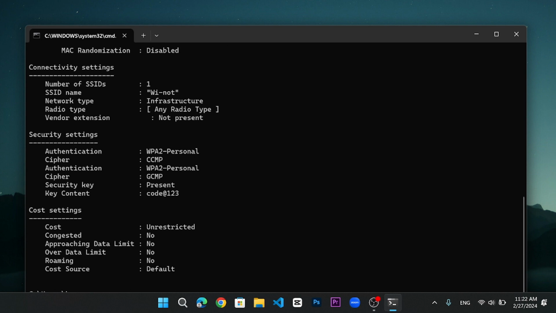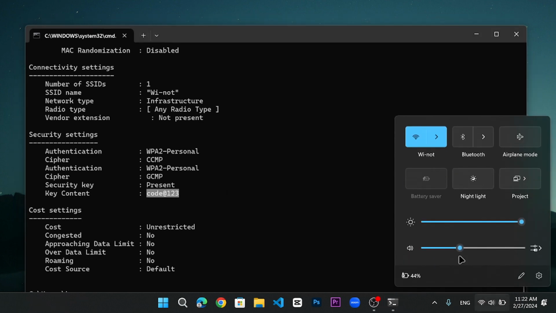This command will show you the details of the network, including the password. You can find the password under the Security Settings section, next to the Key Content field. And that's it. You have successfully learned how to find out a Wi-Fi password using command. You can use this method to find out the passwords of any Wi-Fi networks that you have previously connected to